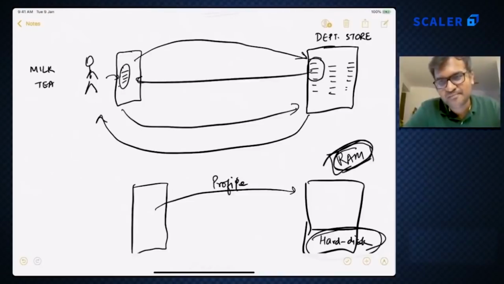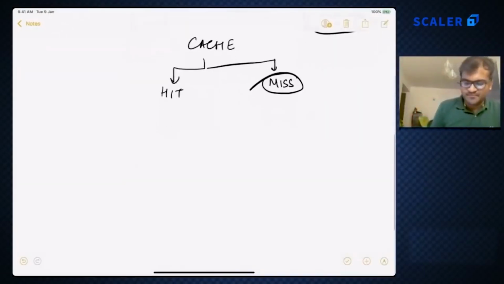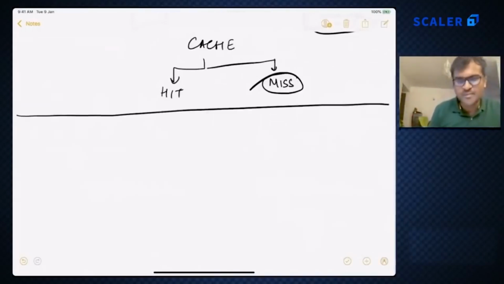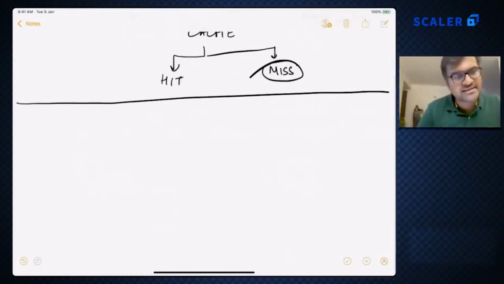How do you do that? If you look at how you would do it, there are only two ways of doing it, right? One is when you tell me that, hey, here is new milk to restock your store with,